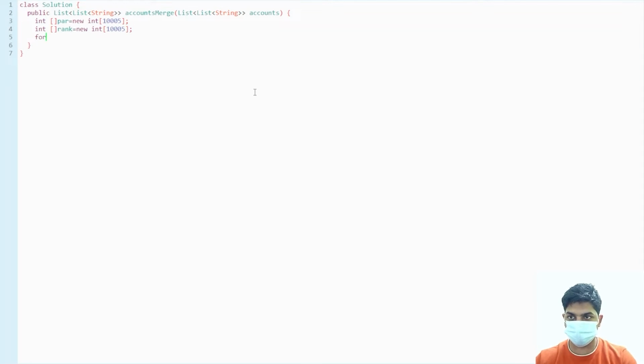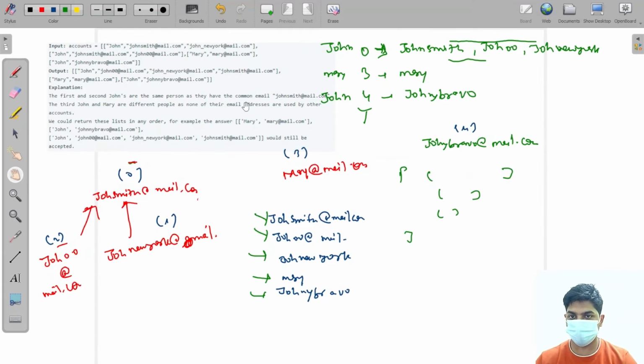Okay, initially all the elements are parent for itself. We'll be doing that: for i less than parent.length, plus plus i. Parent of i equals i initially, and rank of i equals 1 initially. Okay, now what we were doing is that for forming groups, first we need to convert all of these